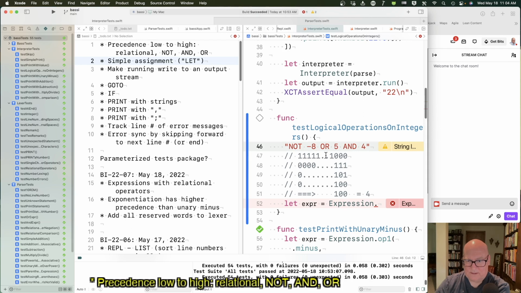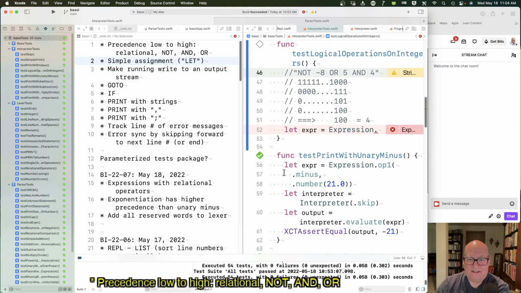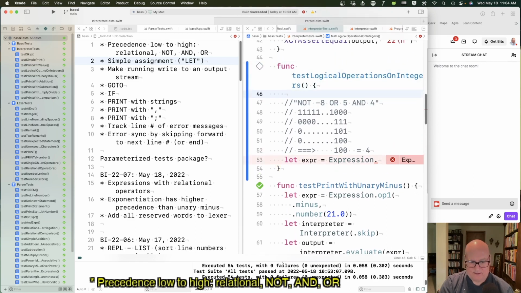2, 4, 8, I guess. Okay, hopefully we'll see. But that's the expression we want. And we're going to feed in the expression itself. So the expression is,